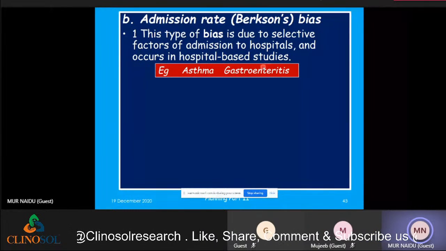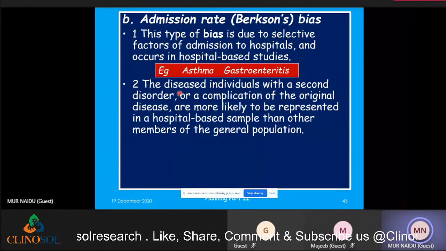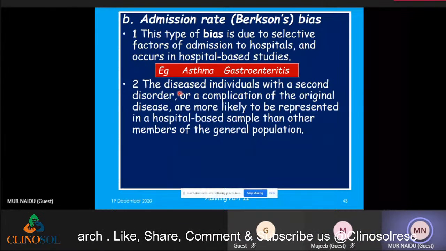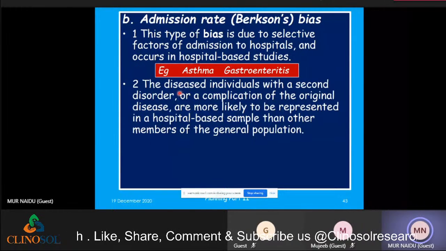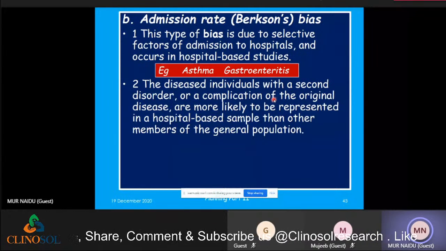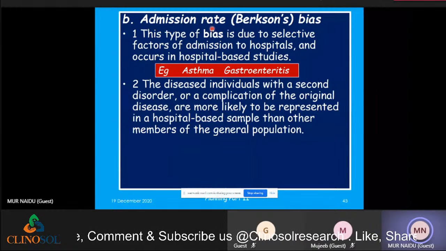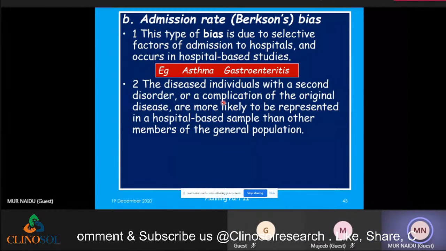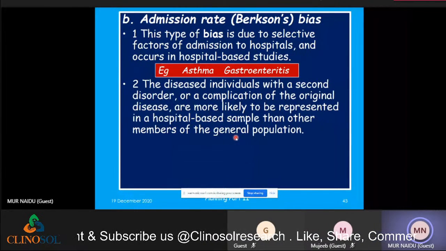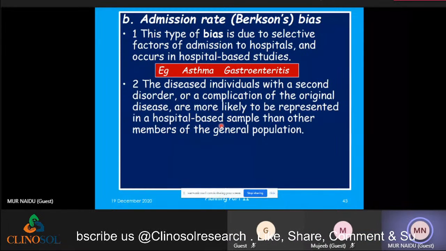Second thing is that actually the disease individual you have taken has developed a second disorder. You have started a study in Alzheimer's disease, but the patient has also developed stroke. Because of that stroke and complication, he went to another hospital which is treating stroke. So this is another thing, that the person is not coming back to you because he developed a complication of the original disease. So this is how the problem comes when you are using a hospital based admission bias may occur